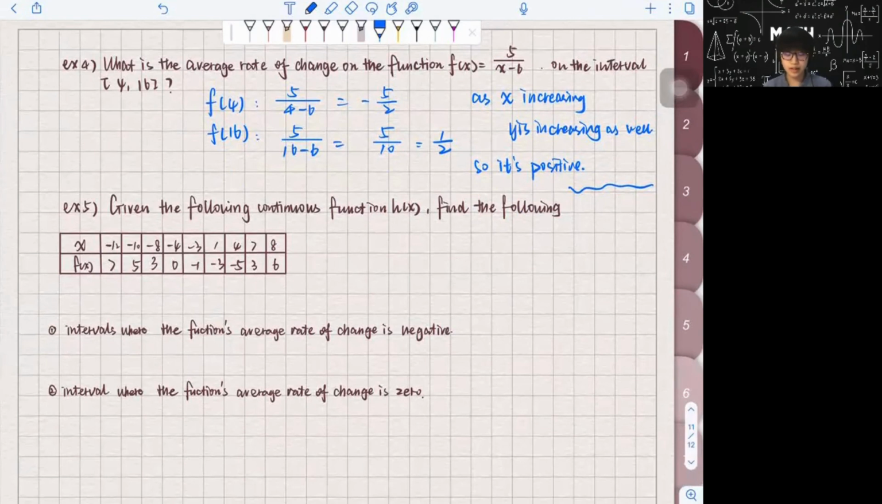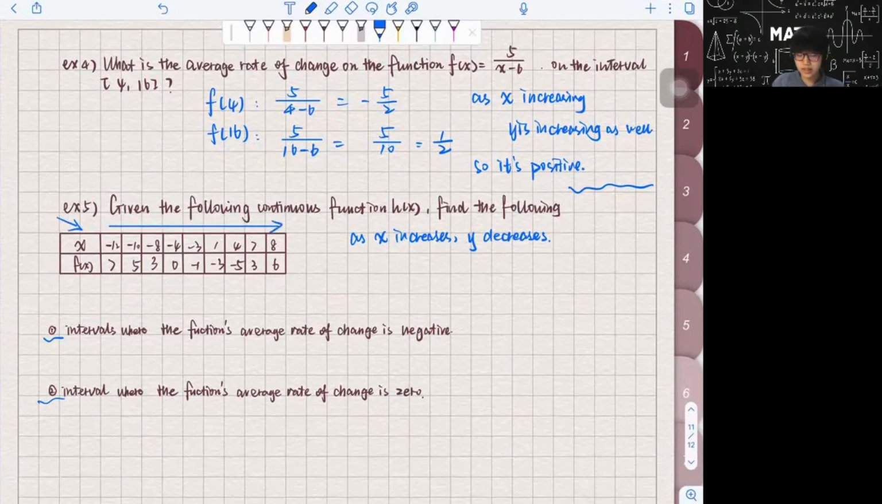Exercise 5. Given the following continuous function h(x), find the following: first, intervals where the function's average rate of change is negative. Second, intervals where the function's average rate of change is 0. Well, if we want to find the intervals that have a negative average rate of change, the most important point is as x increases, y decreases. And in this table,